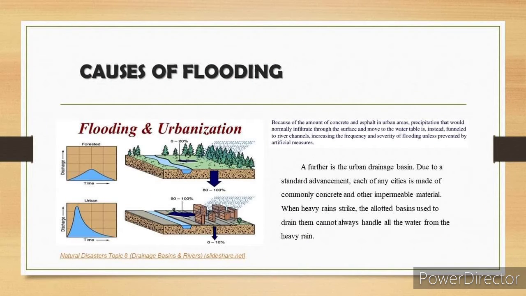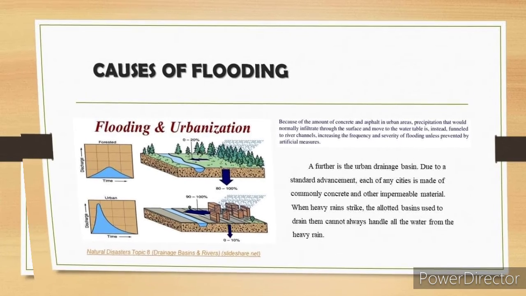Next is the drainage basin. Let's say that the first picture is forest and the second is the urban region. In illustration, they both receive equal amount of rainfall. But because of concrete and asphalt in urban areas, mas marami yung dumediretso agad sa ilog compared dun sa forest na yung mga trees na i-slow down nila yung pagpunta ng tubig sa ilog. Kahit na yung urban areas, meron silang drainage, may basin sila, may sewage system sila, hindi pa rin yun sapat para mabawasan yung runoff na nangyayari.